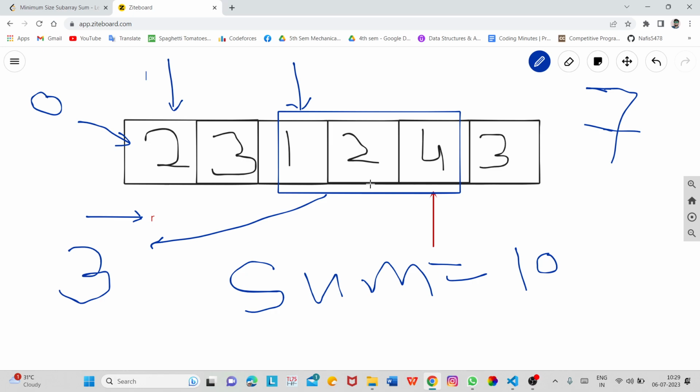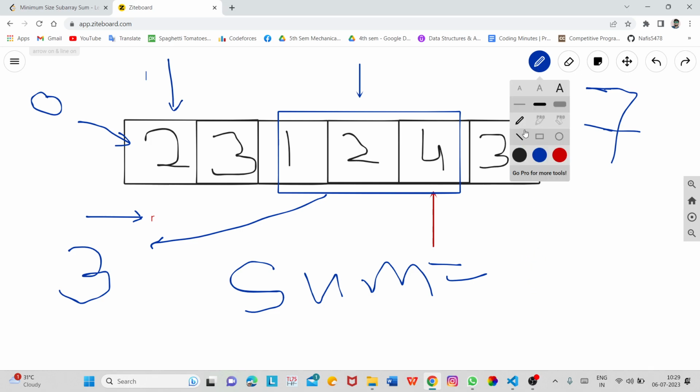Okay, and whenever our sum is greater than or equal to 7 or target, we will reduce the window from this pointer. So I am going to increase the value of L again. Initially L was at second index, now I will increase it to the third index, and you can see that the sum of this part is going to be nothing but 6.